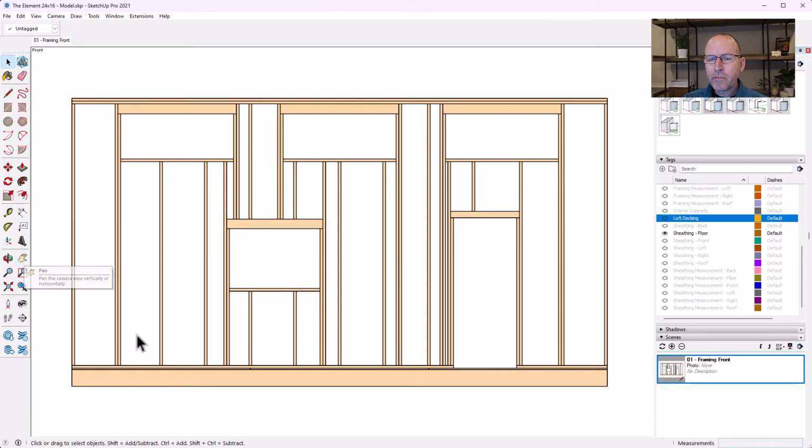So for the measurements, what I typically do is I try to capture, the measurements are kind of tricky in that you might be inclined to put a measurement for every single board out there. And if you put a measurement on every single board, you will have more measurements on your paper than you have boards. And it can just become a little overwhelming. So you wanna select and choose which measurements to put on there. What I've kind of settled on is along the bottom, I put the overall width, the overall size of the item, and then I will